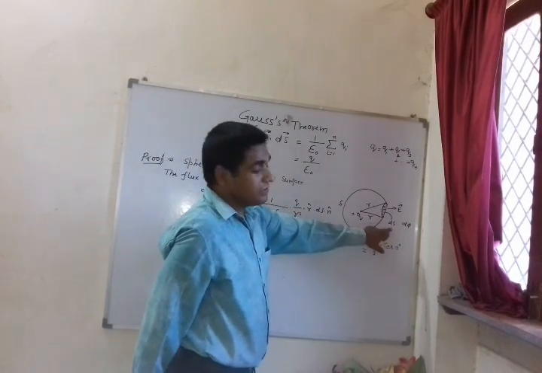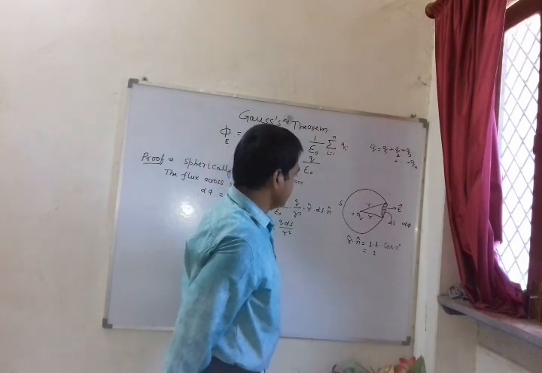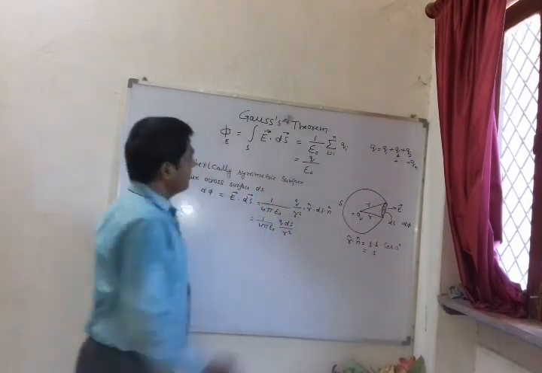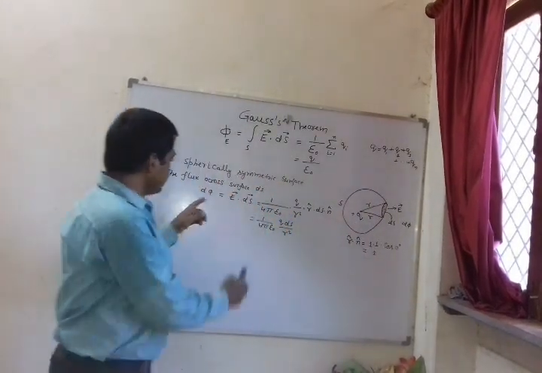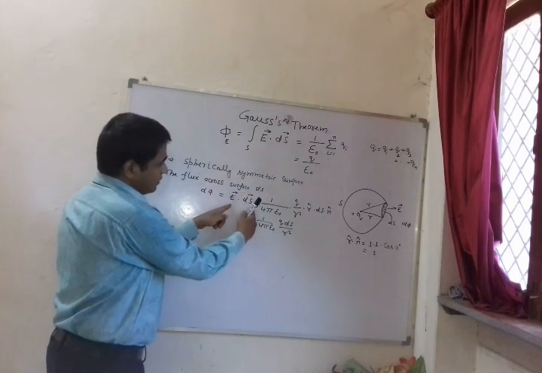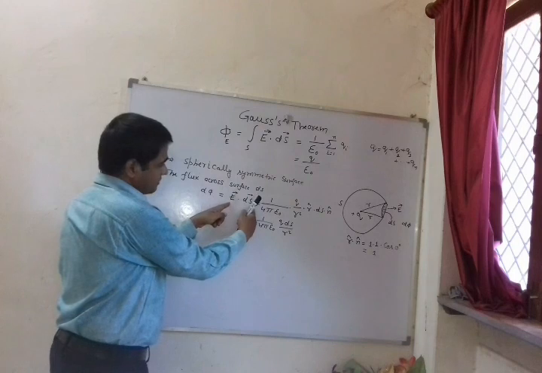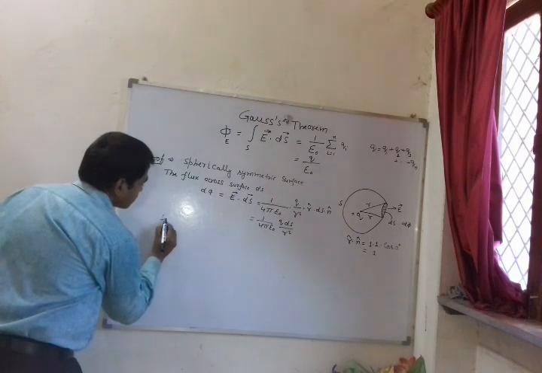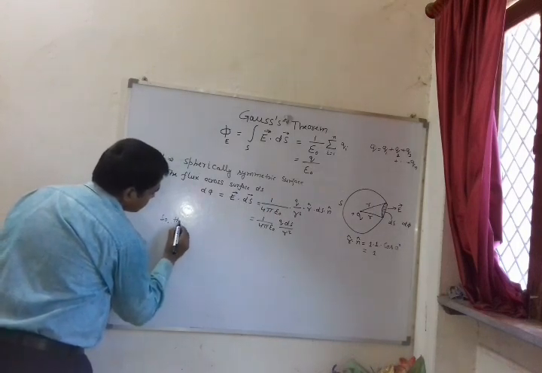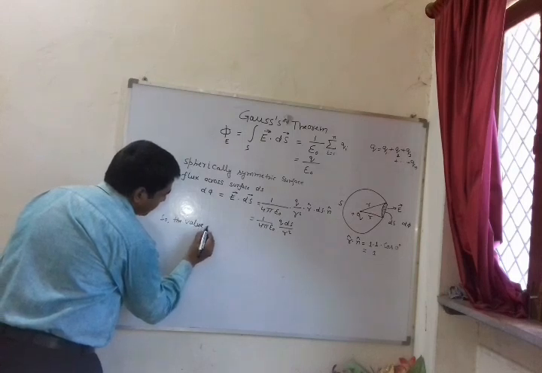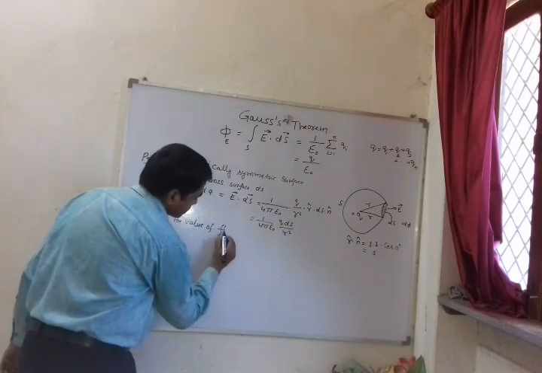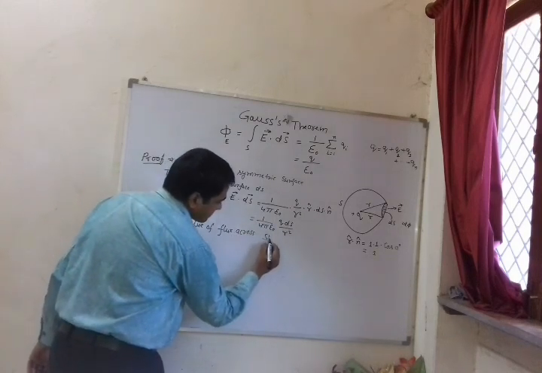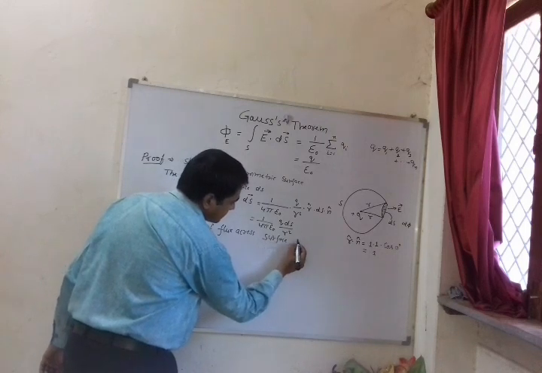Now we have to find out the flux across the whole surface. हमें पूरे surface के लिए phi e की वैल्यू फाइंड आउट करनी है. क्या करेंगे? ds सरफेस के क्रॉस जो वैल्यू आई है, उसे पूरे सरफेस के लिए इंटीग्रेट कर देंगे. So the value of flux across surface S.